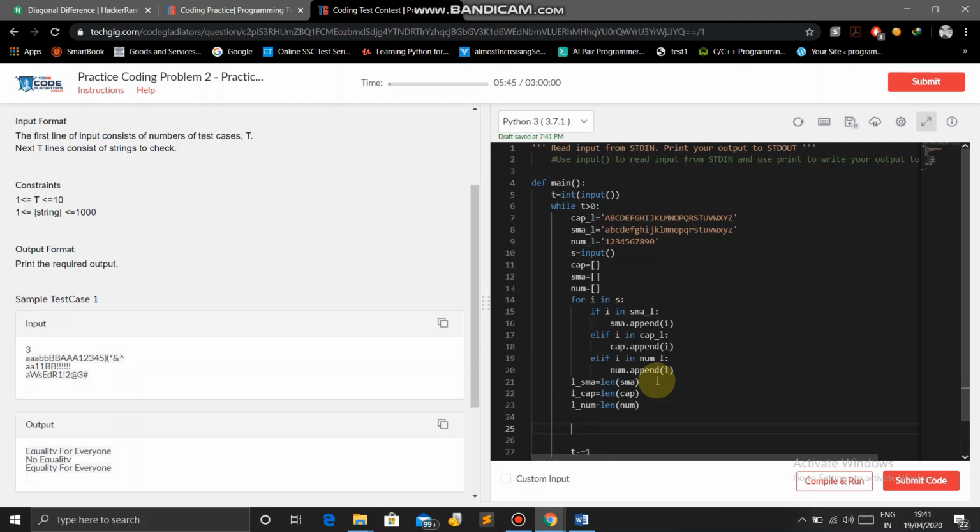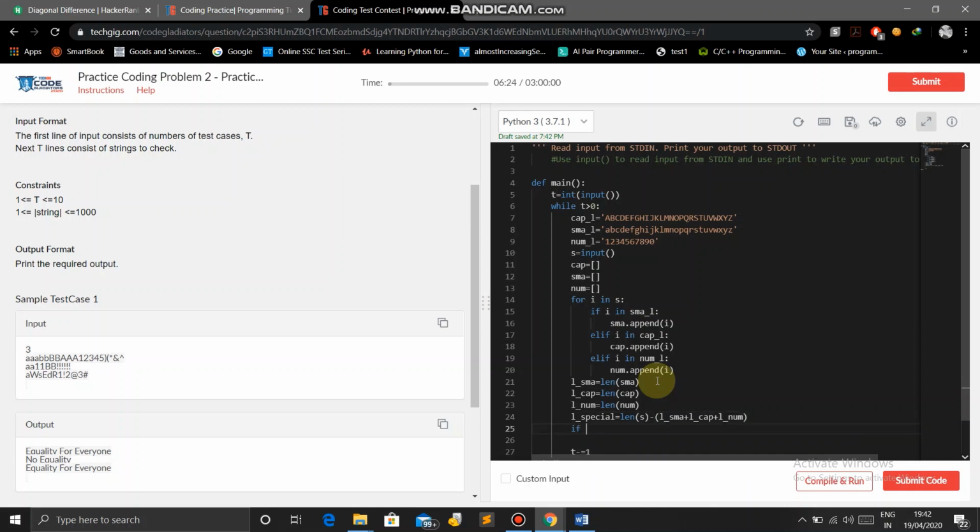Now we will take L_special, a variable for special characters: it is the total number of characters in the string, length of string minus the length of small plus length of capital plus length of num.